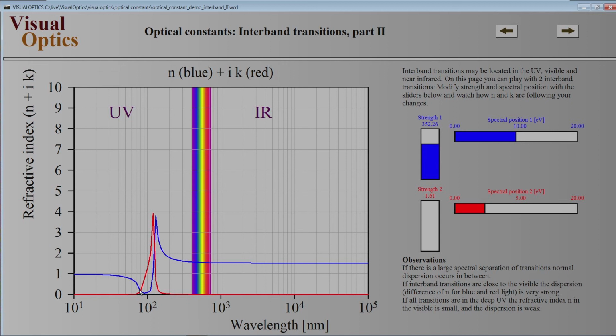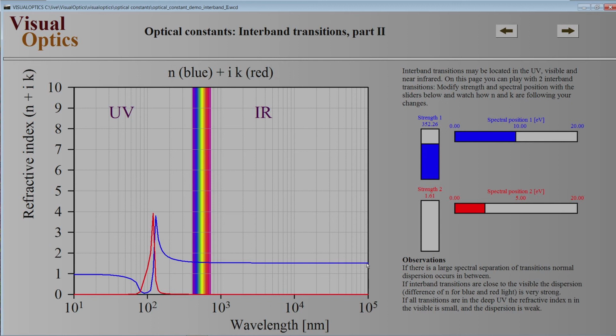And then inside the excitation, where K is different from 0, we have anomalous dispersion, where the refractive index N, the real part, rises very steeply. And then once K goes down to 0 again, we have normal dispersion again, but now starting at the very high level of the real part, N. This normal dispersion now extends to the infrared, where the real part gets